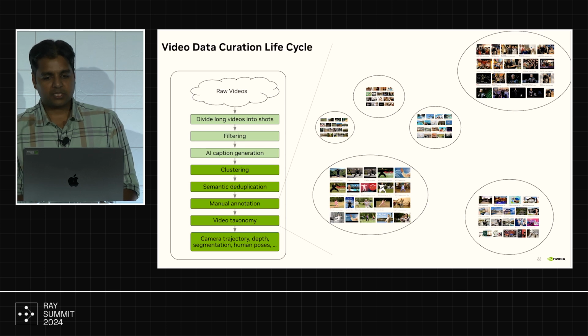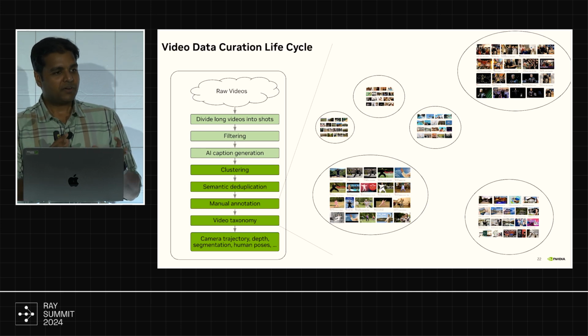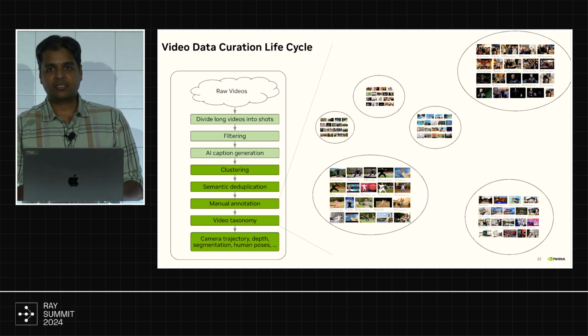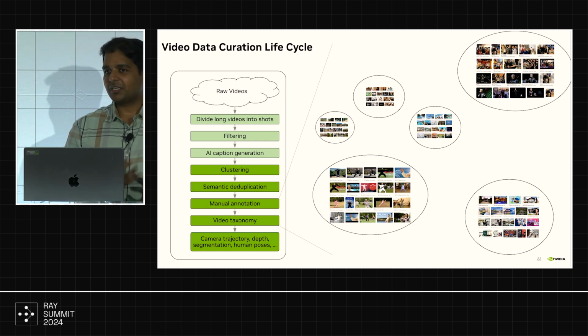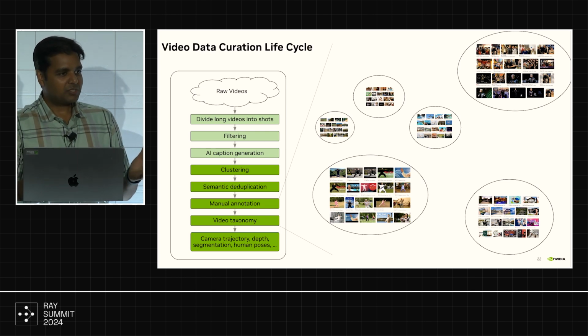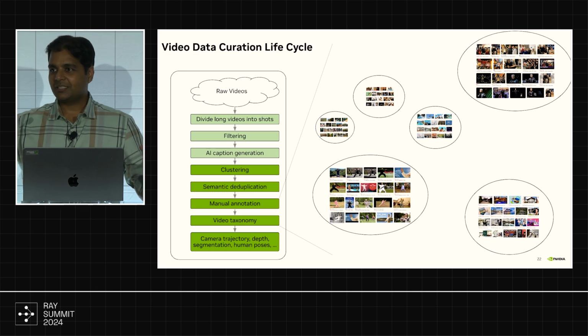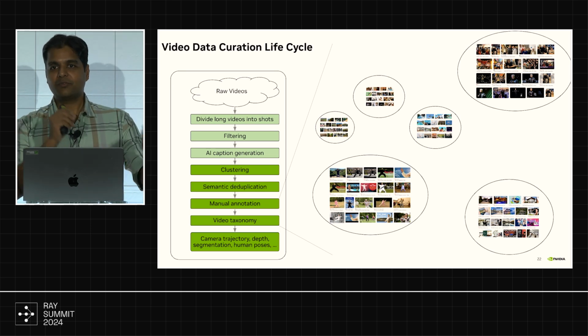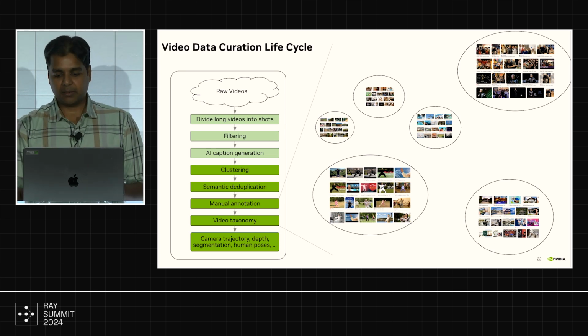The third thing, which is very interesting, I told you, right? You need to find domain-specific data. Sometimes, how do you do it? There's not enough AI sometimes that can do it. So we use manual annotation. Billions of clips is impossible for humans to look at, but thousands of them is. So we create these clusters, and we have humans go and look at some of these centroids manually and then label the data.